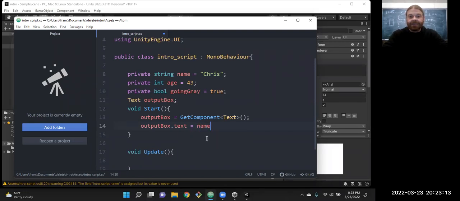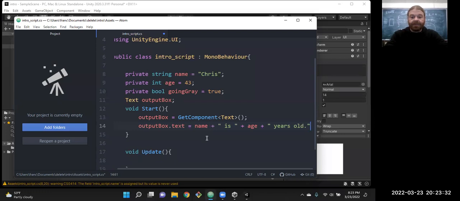So let's take the name, and then we'll concatenate to that a space plus the age plus years old. End of instruction.